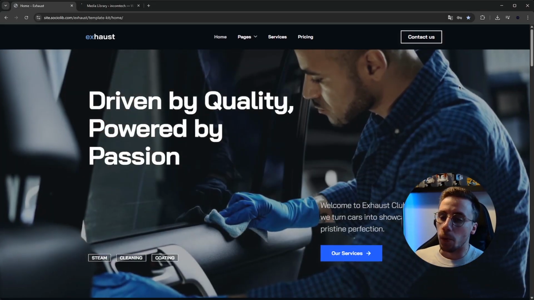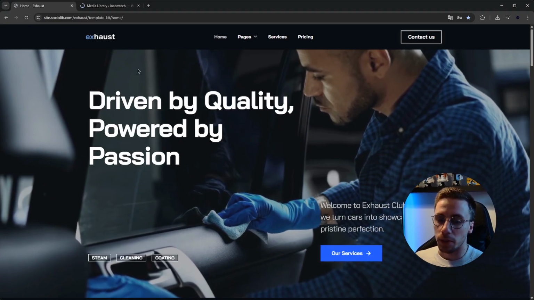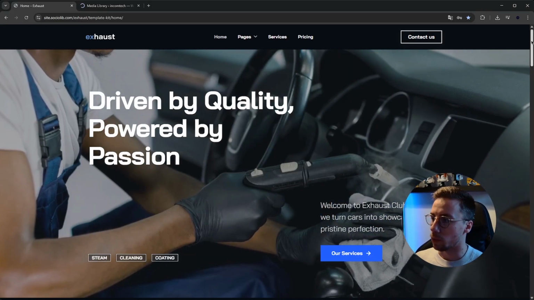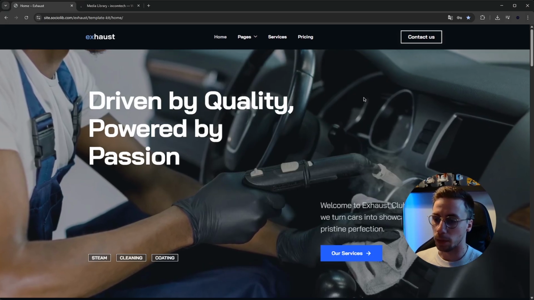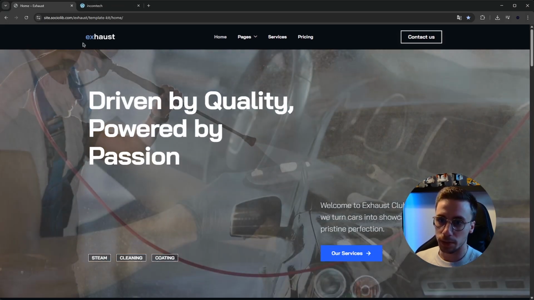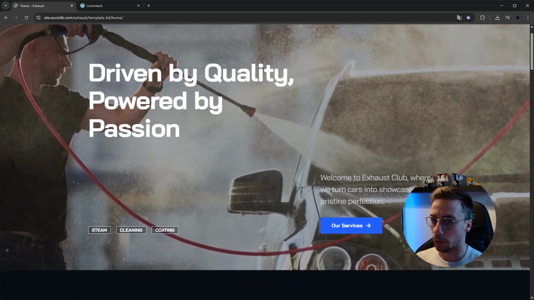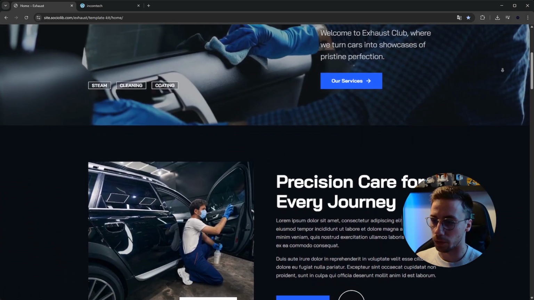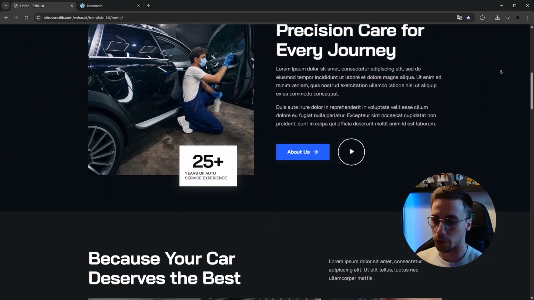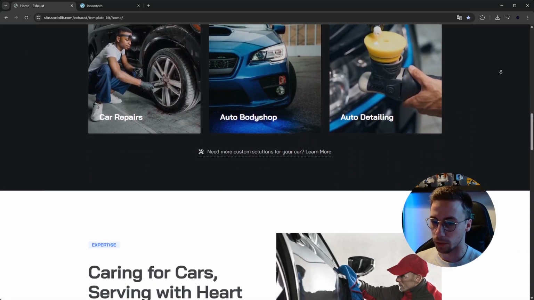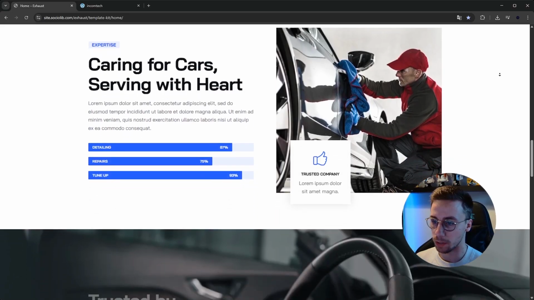Okay, so what we are going to be building is, I found this template website. This is a car repair page or website, and I found this template that we're going to build something like this. So we just have our homepage here, where you can scroll down. We have your services, some information. Here you have some services, some expertising,